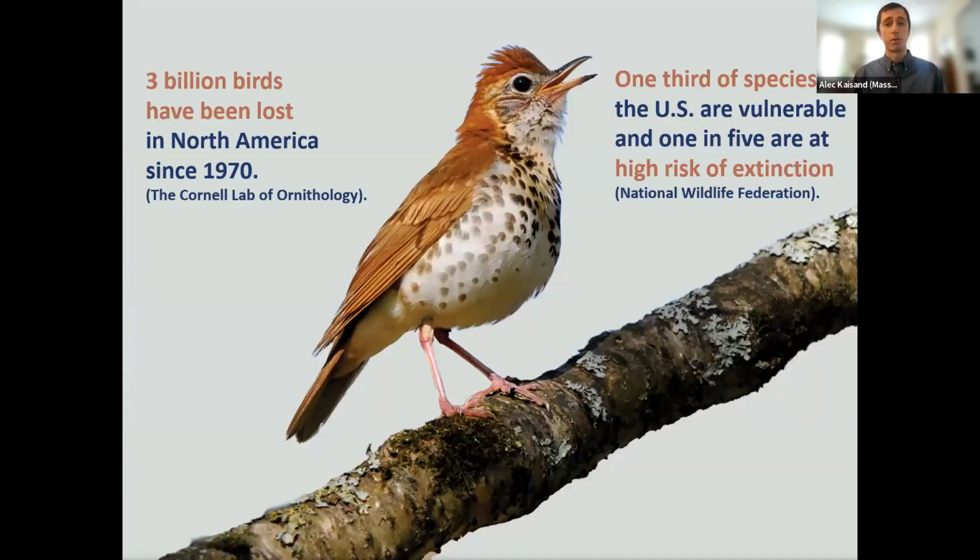However, despite the significant progress and conservation success by many people here today, our biodiversity is in crisis at the global, national, and state scale. According to the National Wildlife Federation report from 2018, a third of species in the US are vulnerable, and 1 in 5 species are at high risk of extinction. Now, in Massachusetts, we have 432 species on the endangered species list, and threats to our biodiversity include such things as habitat loss, fragmentation, invasive species, and emerging diseases. And all of these are being compounded by climate change.